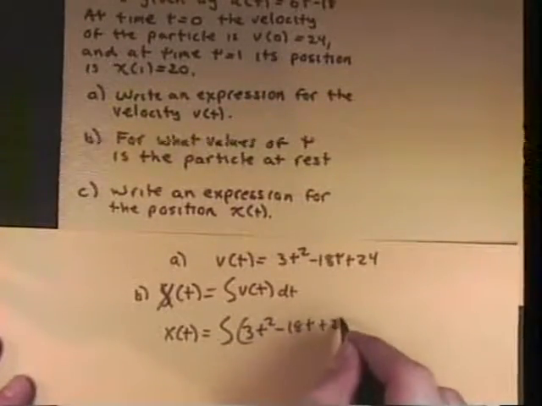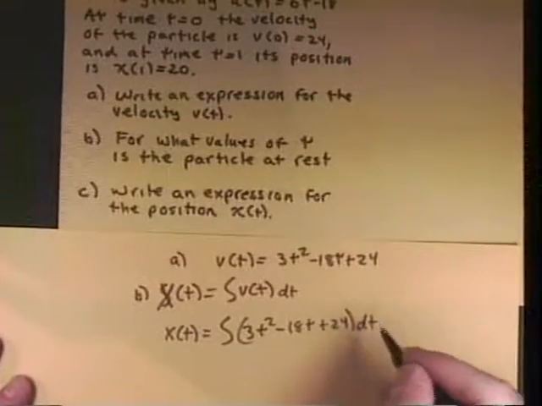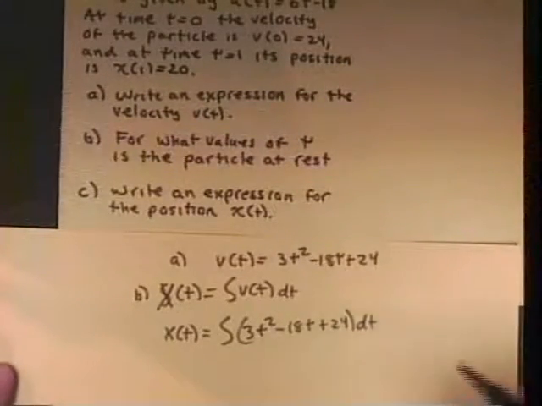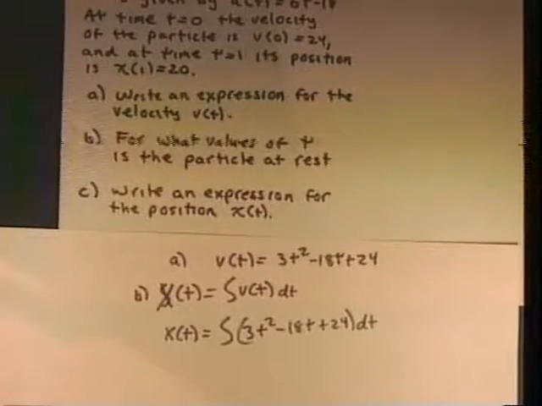Now, that's a good point, because on the AP exam, they would not take off a point if you forgot the dt. No, seriously, they wouldn't. But it is good to put that on there because it represents the infinitely thin thickness of the little billions of rectangles you're adding. So you should put it on there, but they would not take off a point, I promise, if you left it off. All right, and here we go.